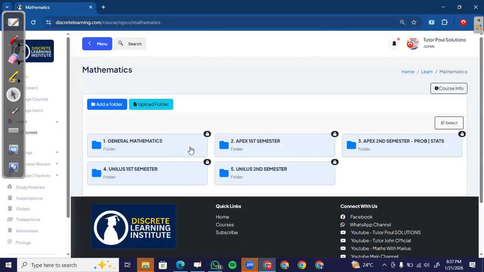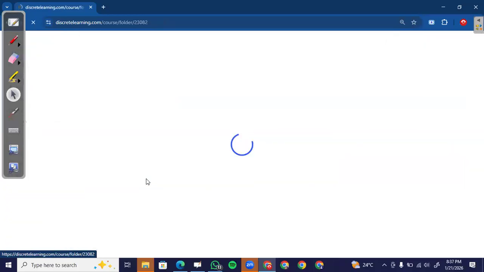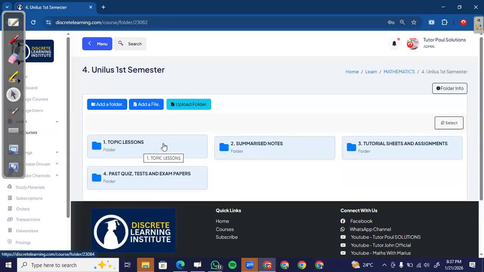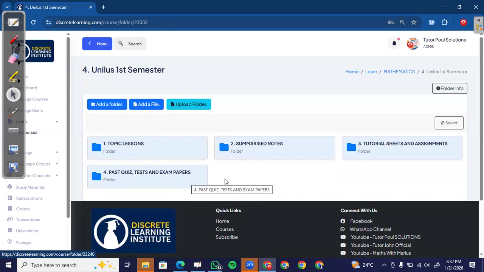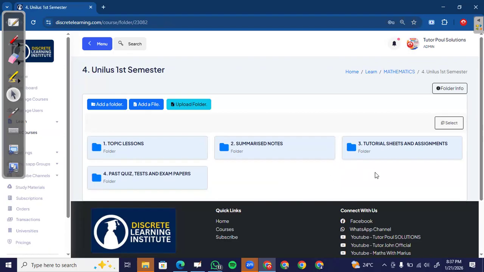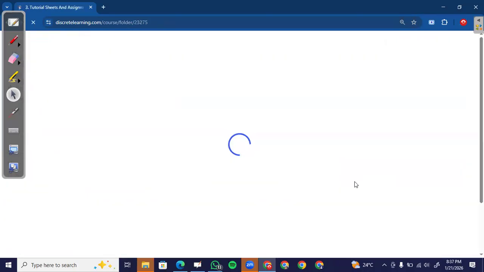Once you open the math folder, you are going to see a folder specifically for first semester. If you are in second semester, just go there. So for first semester, you just click on it, and you're going to find topic lessons, summarized notes, tutorial sheets and assignments, and then past quiz, test and exam papers. You can access all this and be learning at your own pace and understanding things clearly. If I go to the tutorial sheets here, for example,